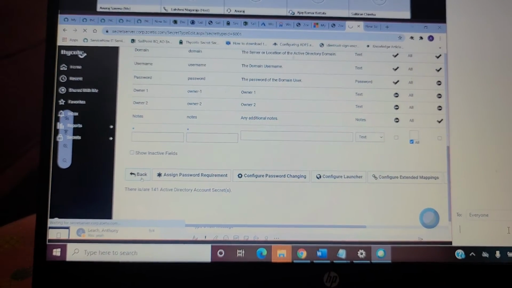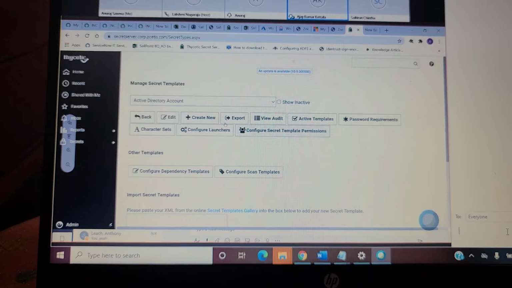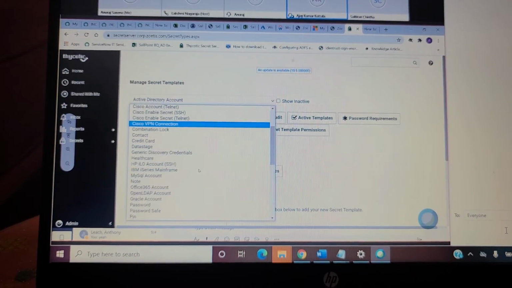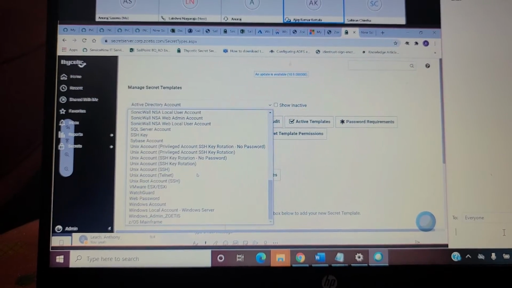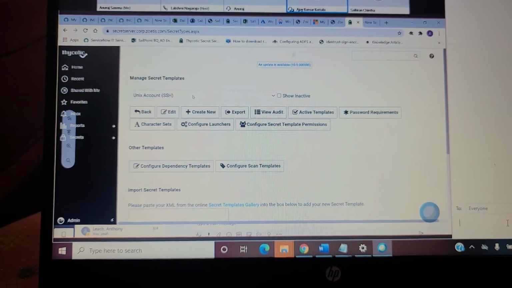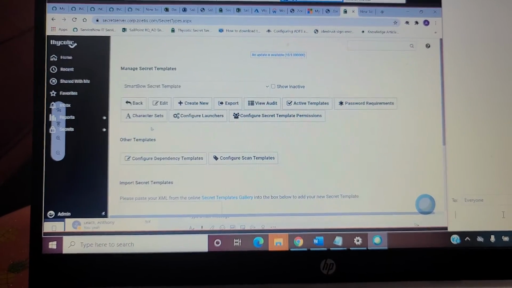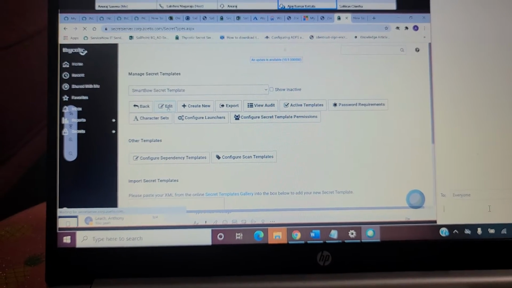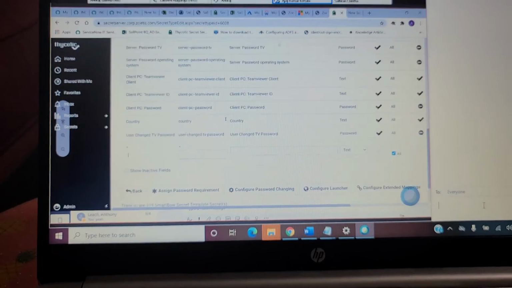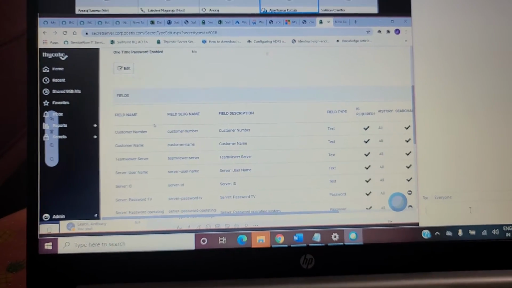Recently, we created one template for the Smart Bow application. I'll click on edit. So they'll give the fields.